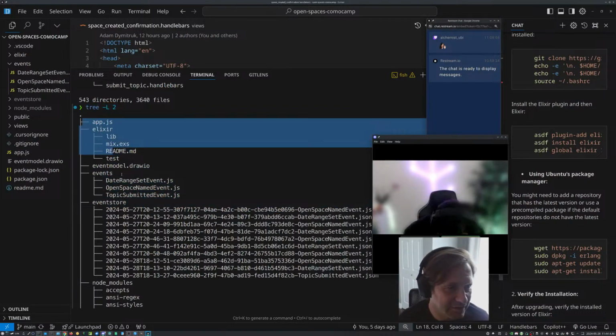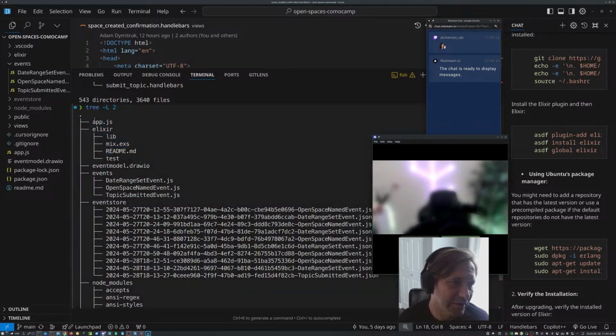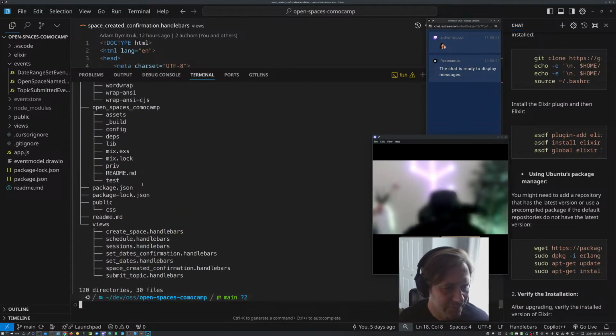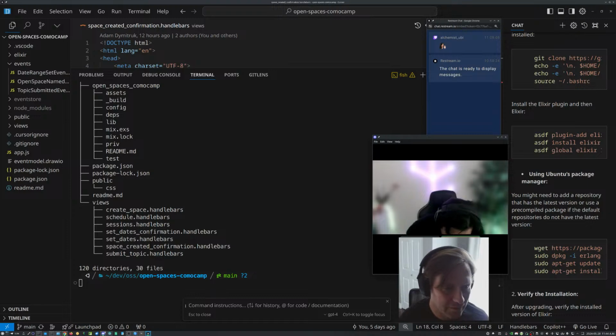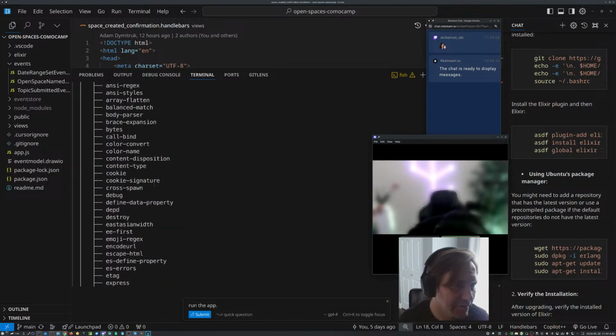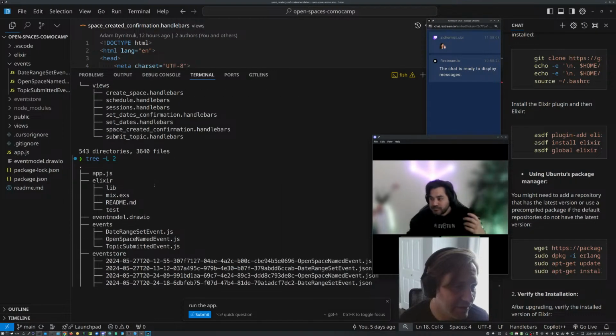So there's app.js. Okay, if I want to run this, I can press Control K. Run the app.js. Really? Is that what it had? Why does it have app.js?